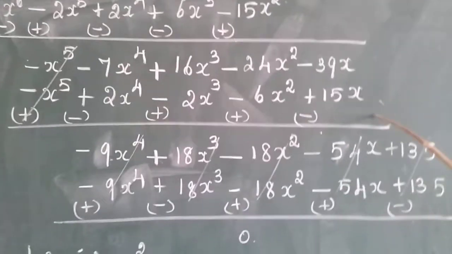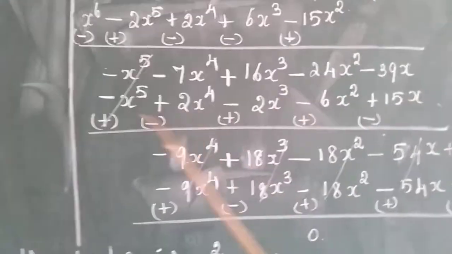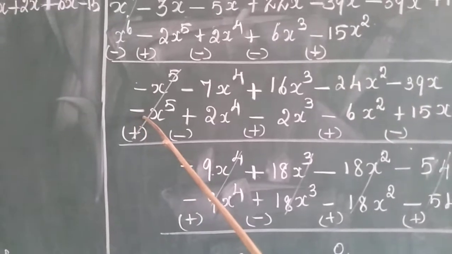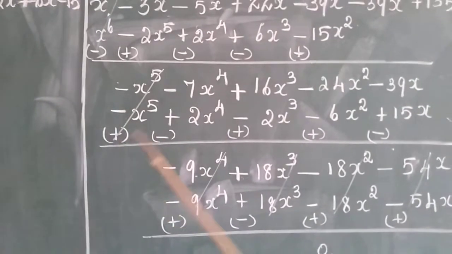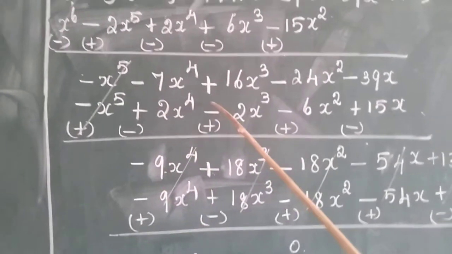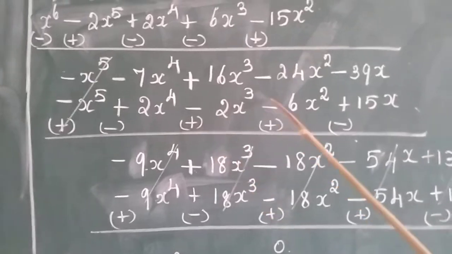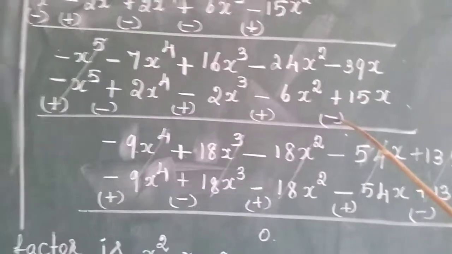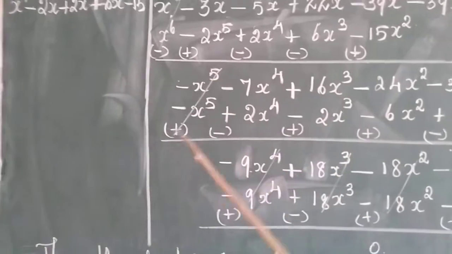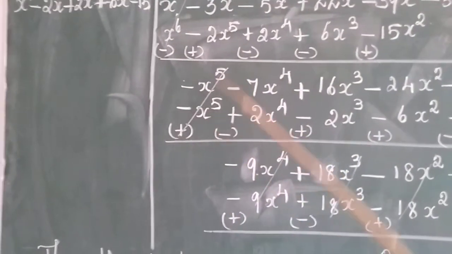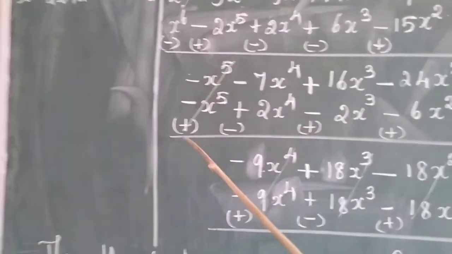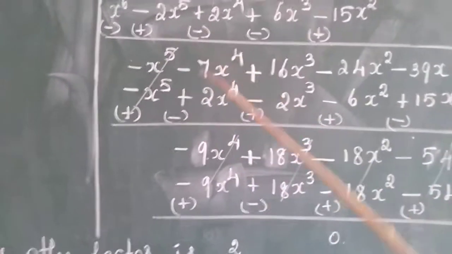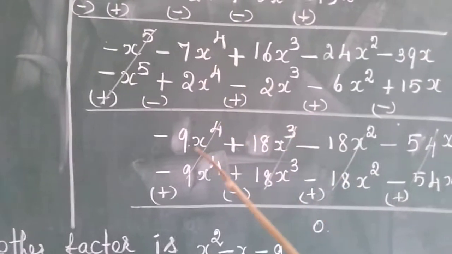Now we are going to change all these signs to the opposite sign: negative changes into positive, positive changes into negative. Here also negative changes into positive, positive changes into negative. Now these two terms will be cancelled because they are similar terms having different signs. Here this is having the same sign, so we have to add and put this sign,